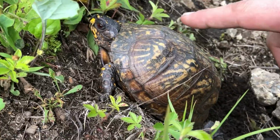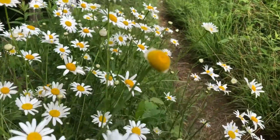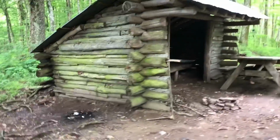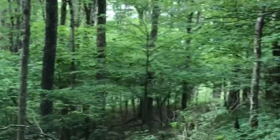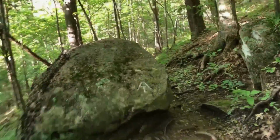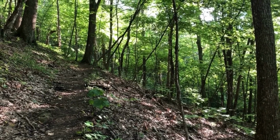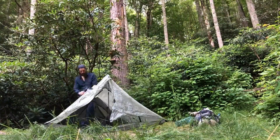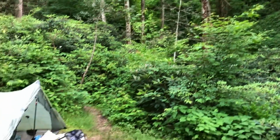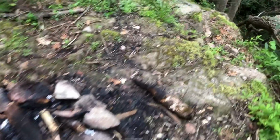Lemon Gap. That's what a tree does when it falls in the woods. We got the waterfall in the background. And I'll set up right here. Get access to water right here. Little fire pit I'm not going to use, and then